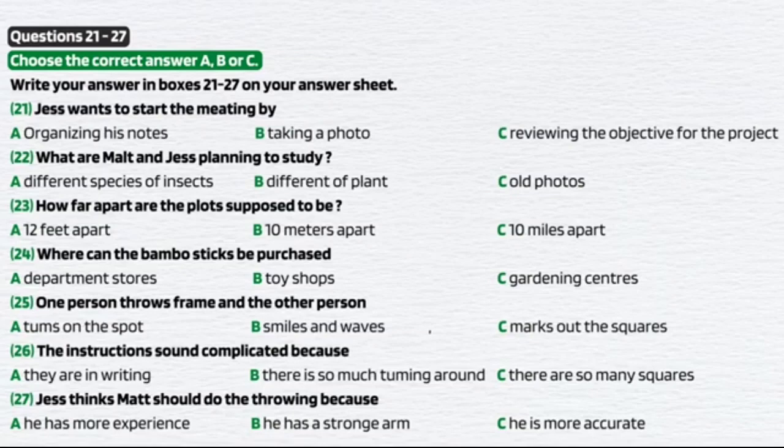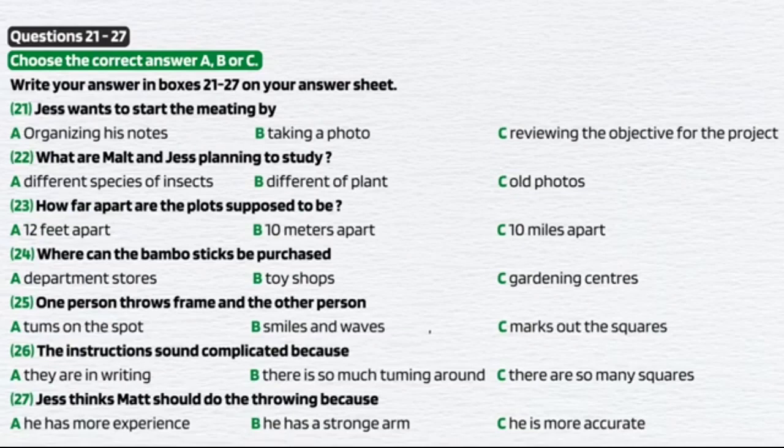Make a 1-meter square frame using bamboo sticks available from the department stores. Yes, we've already done that. I know, I'm just reading the whole section. One person stands roughly in the middle of the chosen area and throws the frame. The other person uses a tape to mark out the square where the frame landed and returns the frame to the thrower. The thrower then turns a few degrees on the spot and throws again. The thrower must turn slightly after each throw and vary the force of the throw until after the 10th throw they are pointing in almost the same direction as the first.